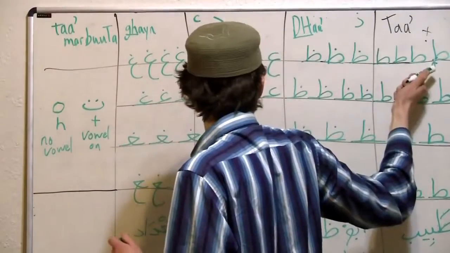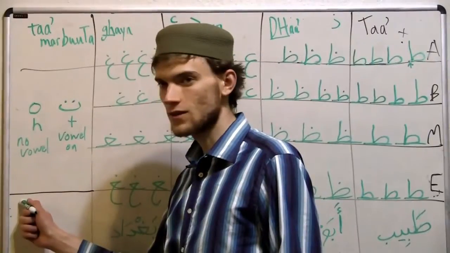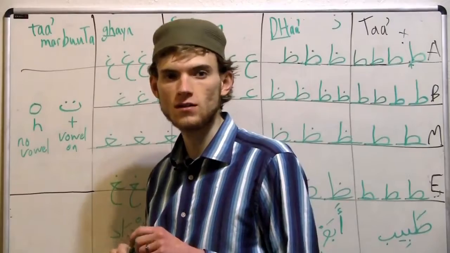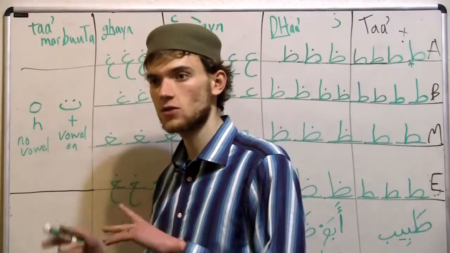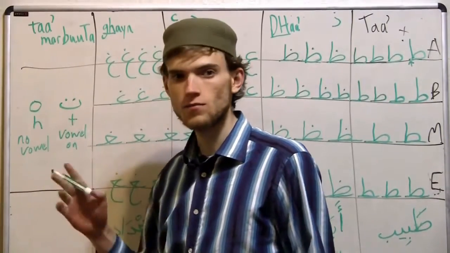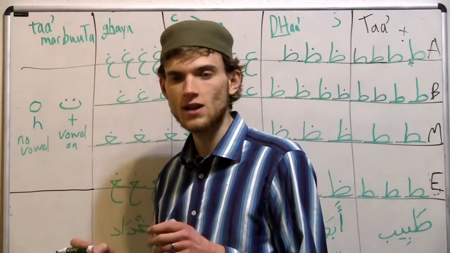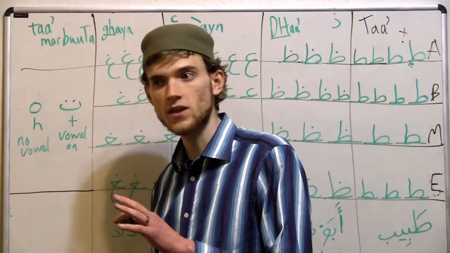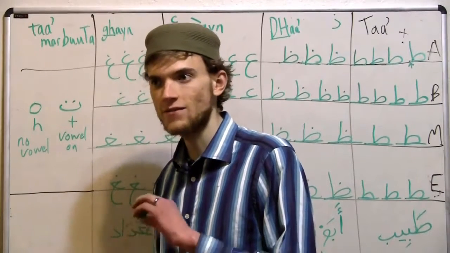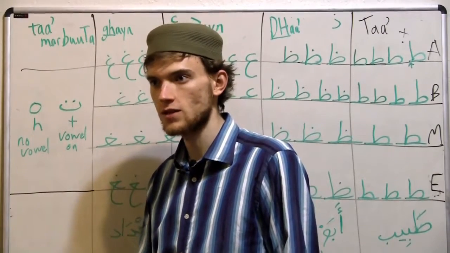One is the alone line. One is the end of a word line. So this symbol only comes at the end of a word, only ever at the end of the word, and it has a special meaning. Almost always it means it's a feminine marker. It means that this thing that the word is describing is describing something female. So in Arabic, words have to have genders, not just if we're talking about people or things with genders, but